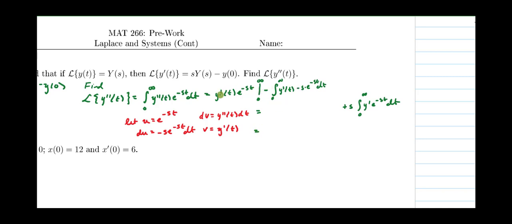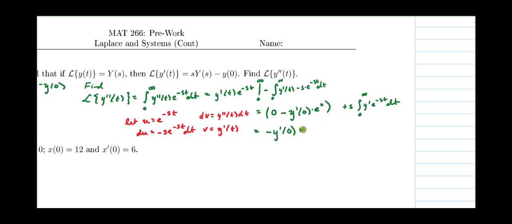The next thing we need to do is be careful with this limit, and as long as y prime is of exponential order, the first term in evaluating the limits of integration will go to 0 because of this e to the minus s times an arbitrarily large positive t. That'll bring this down for s greater than 0, as long as this function is of exponential order. So we get 0 minus y prime of 0 times e to the 0 there. So we can rewrite this as minus just y prime of 0,